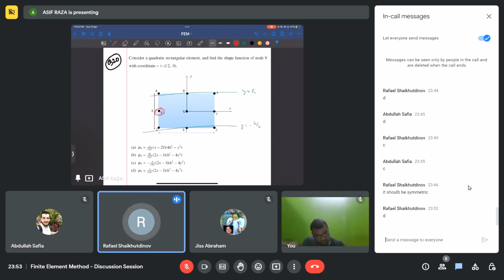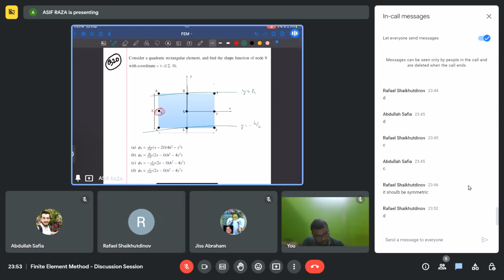This elimination cannot work because we can end up with two functions that is equal to 1. Then we can substitute the others also, x equal to 0, x equal to L by 2. So first substitution is minus L by 2 comma 0. It should give me a value equal to 1. So if I substitute x equal to minus L by 2 here,